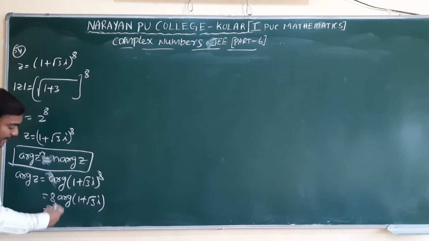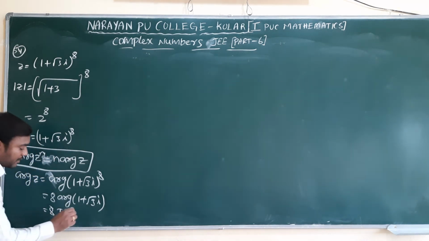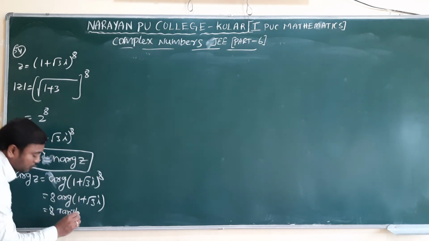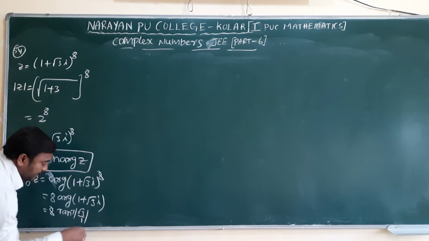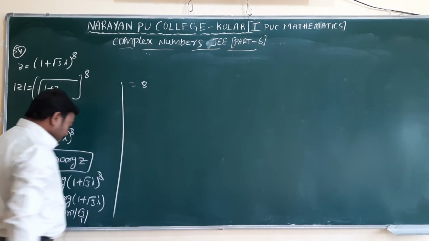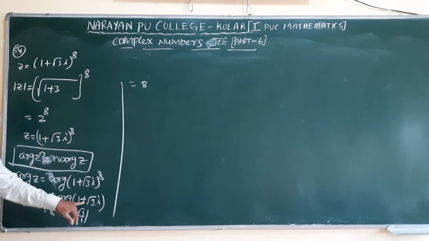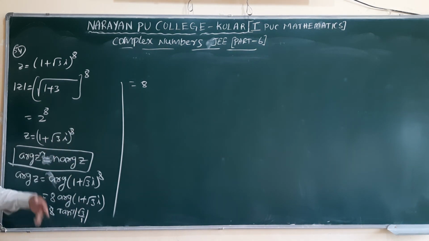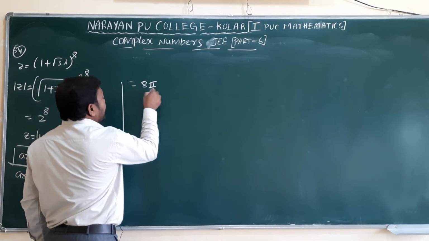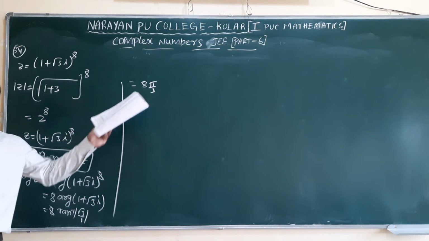We can directly take tan inverse of the modulus of y by x, with the y value root 3 by 1. Now 8 into tan inverse of root 3, and tan inverse of root 3 is pi by 3. It lies in the first quadrant, so the argument value should also be theta only. Now it can be written as 8 into pi by 3. Here the modulus value is 2 power 8 and the argument value is 8 pi by 3.